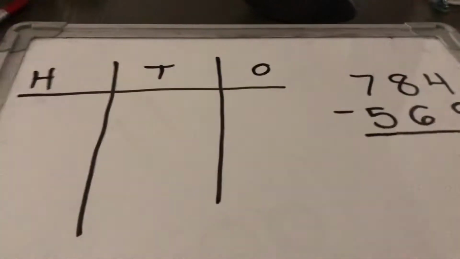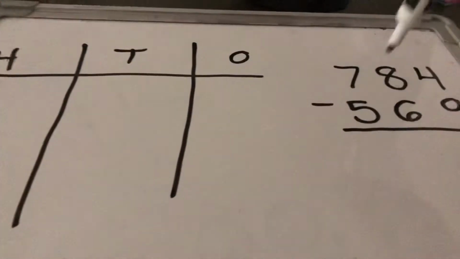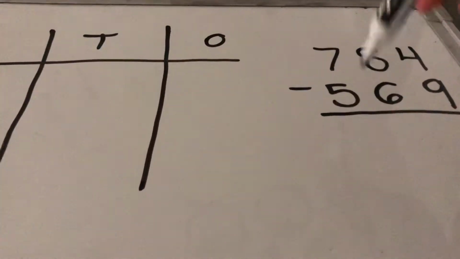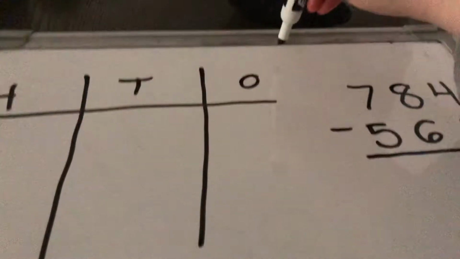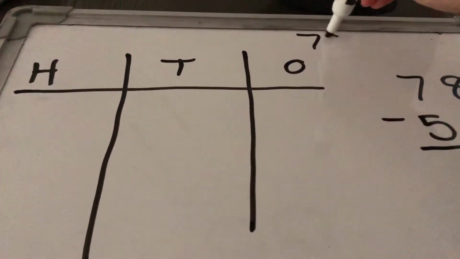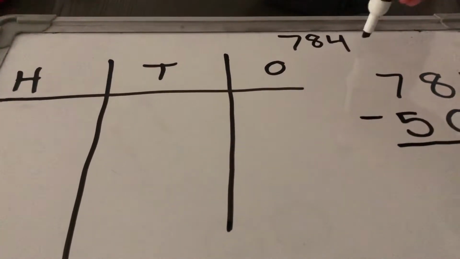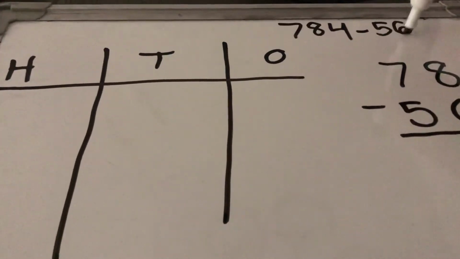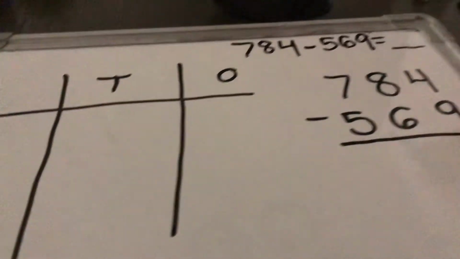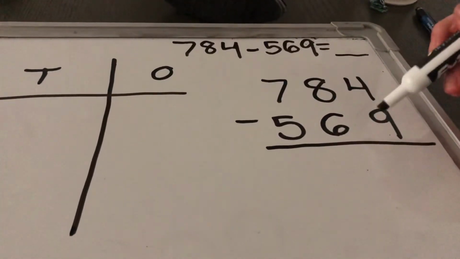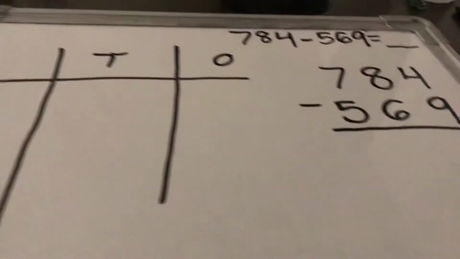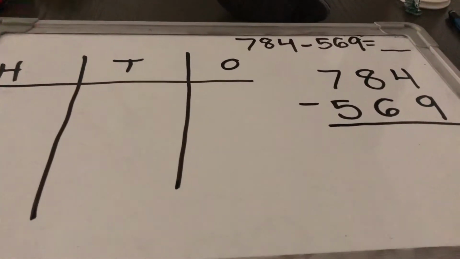So just like before, I wrote it going vertically because we like to do that. I'll also write it horizontally at the top. If you have the problem written horizontally and you like it vertically, all you have to do is rewrite it just like I did here. Okay, so we are going to begin